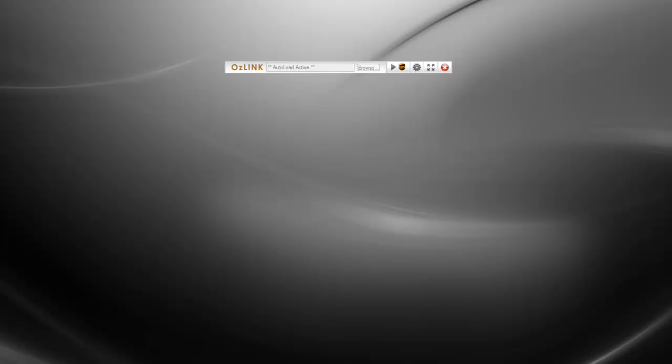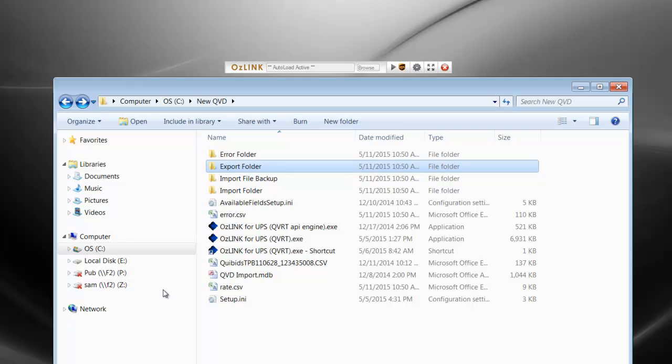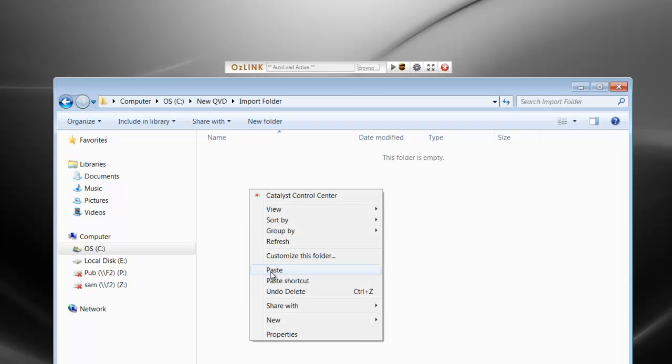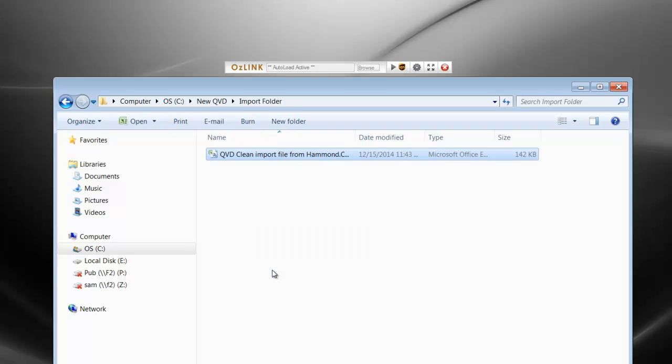You can see at the top of the screen is a toolbar, which is the OzLINK QVRT application, and you can see that it's set to auto mode right now. We're going to simulate the arrival of a QVD file by simply copying a QVD file into the import folder. OzLINK will recognize that the file has arrived, and you'll notice the toolbar changes to please wait while it processes